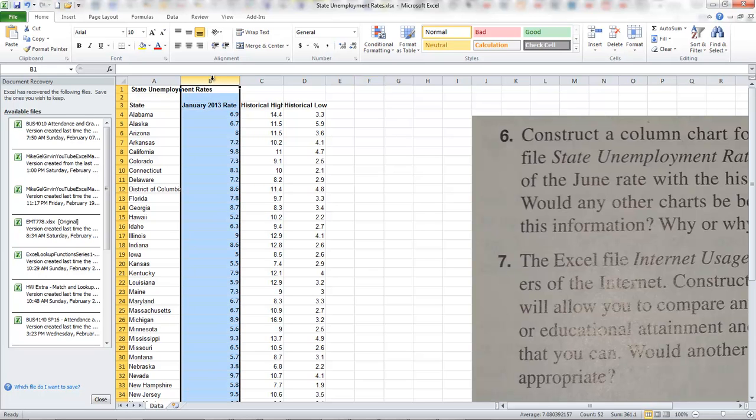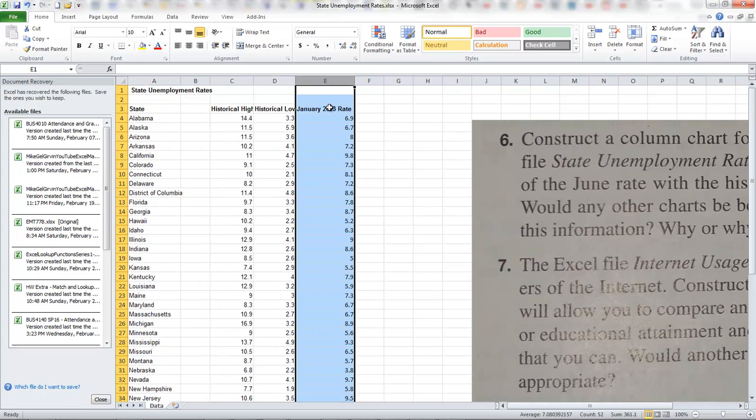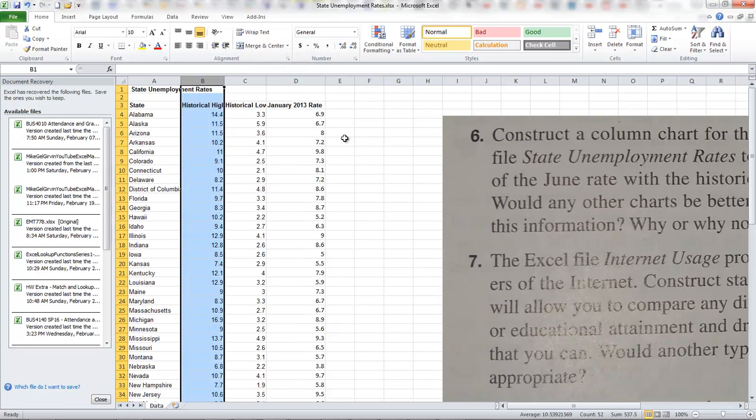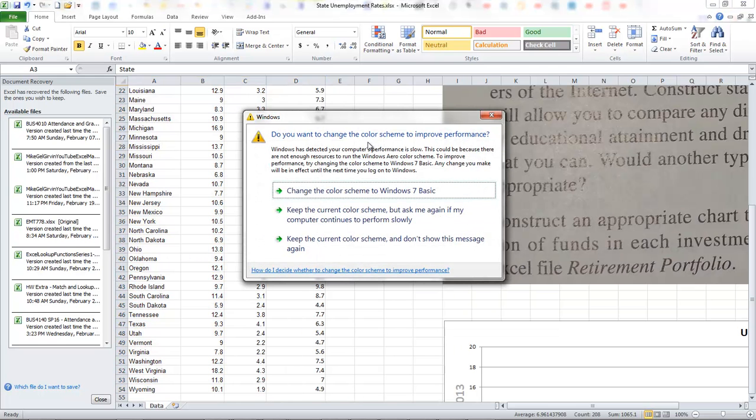So we're going to have to move that. So I'm going to do a Control X on the column and drop it in over here. And now we have a high, low, close, which is similar to what the stock chart wants. It really wants that. We're going to want to get rid of this extra column here by deleting it. Okay, so now we're all loaded up to do this the correct way, where state would be the name of the share, the stock, and then the high-low close would be some rates that we're looking at. It's very similar. So we select all that